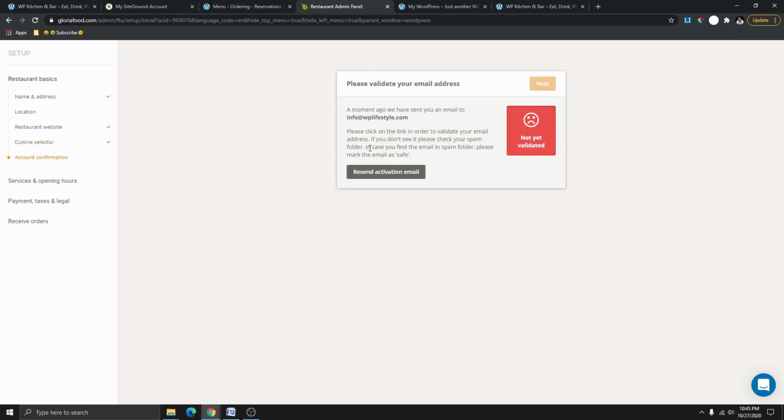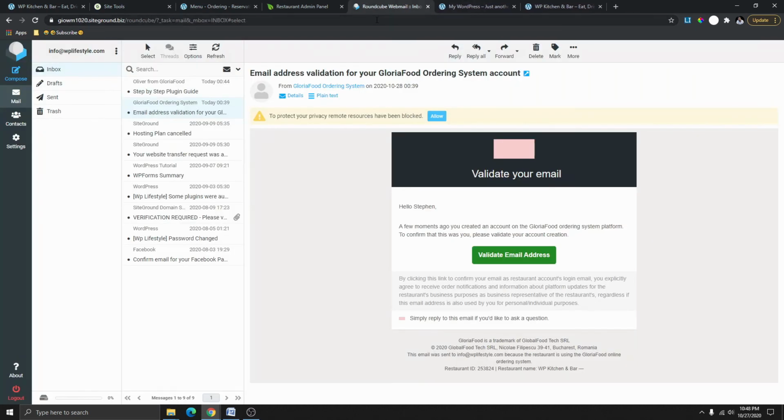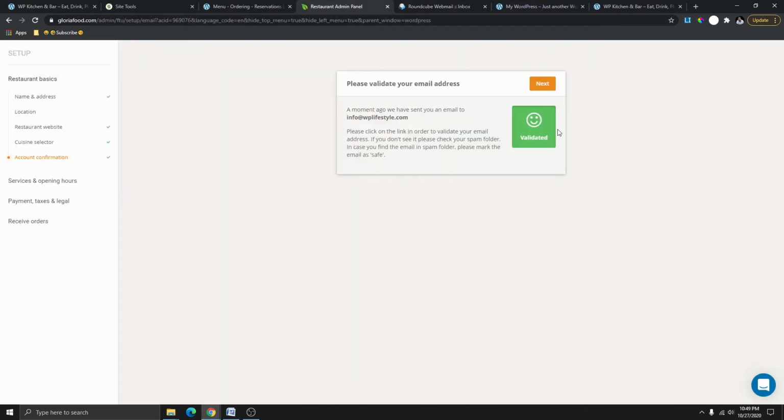So they're asking us to confirm our email. So go and check your email and click on the confirmation link to activate your account. So I'm going to show you. Okay, here you can see that I've logged into my email. Here you can see the email that I sent out here. So click on validate email address. Okay, you can see that your account has been activated, so you can close that now, and then we can go back here and you can see that this will change to validated, and then you can click on next,